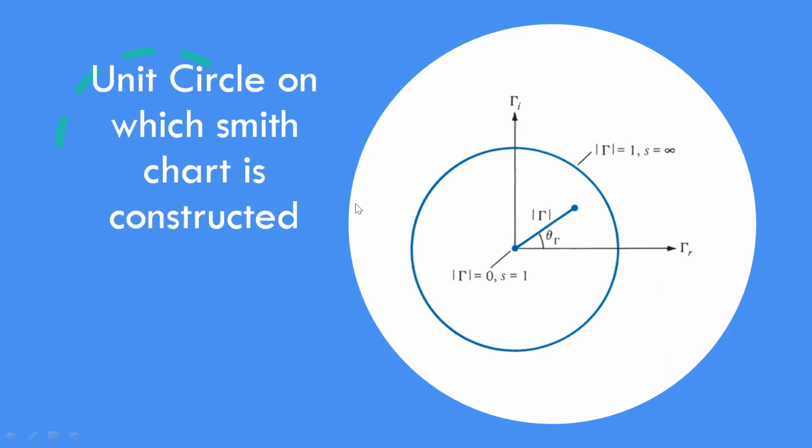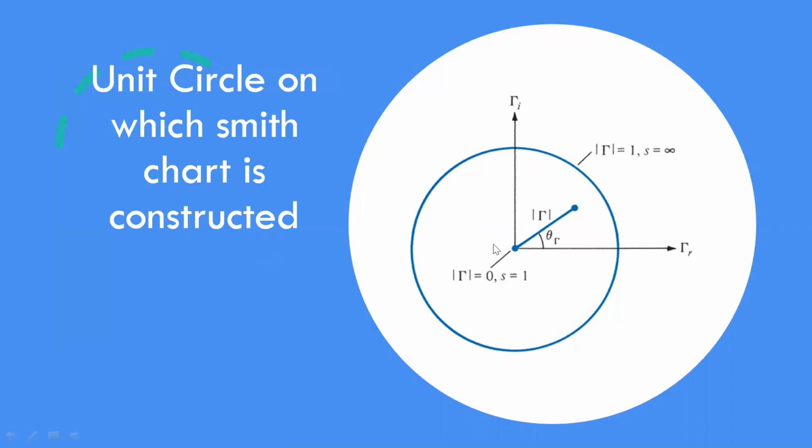Why we need to go for the Smith chart: with the advent of digital computers and calculators, engineers have developed a sort of aids like slide rules, tables, charts, graphs, etc., to facilitate their calculations for design and analysis. In a similar manner, to analyze impedance values and reflection coefficient, I have shown the symbols here. This is the reflection coefficient gamma, the SWR value S, and along with this, the input impedance can also be measured using this Smith chart.